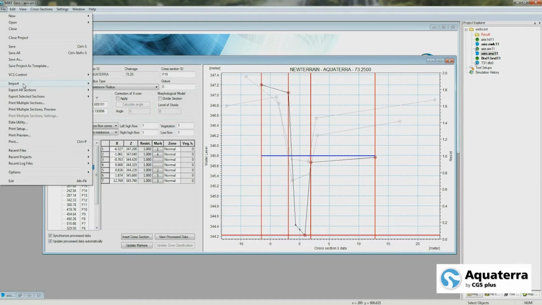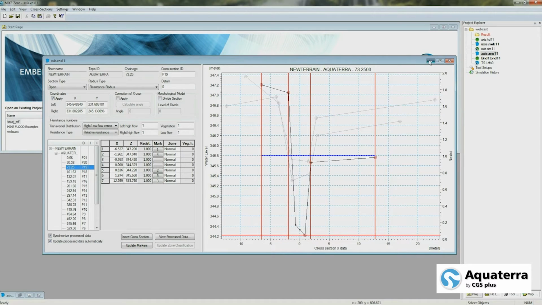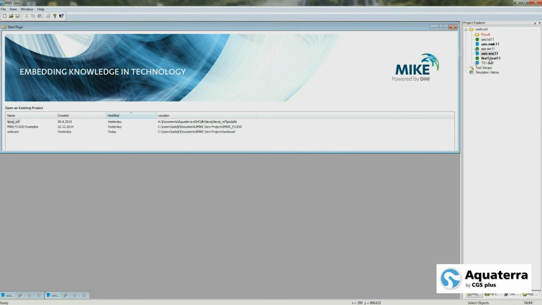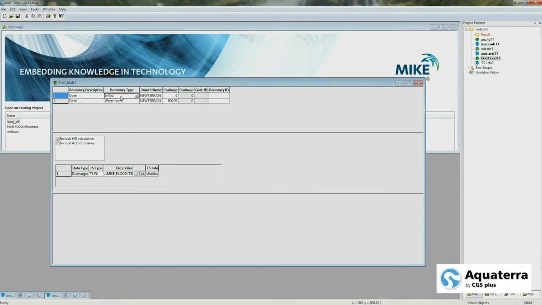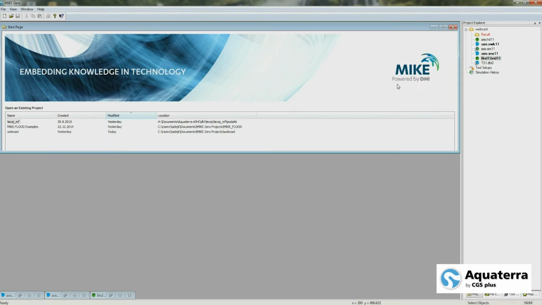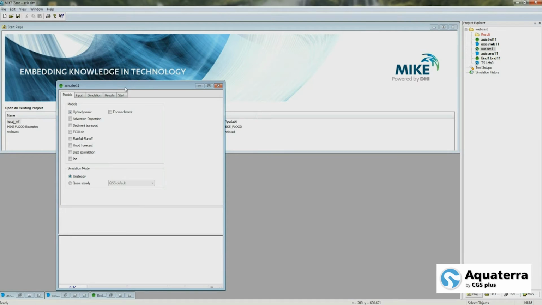Through file import raw data, I can get all those data inside Mike. Okay, so there is also a boundary file which I need to create,